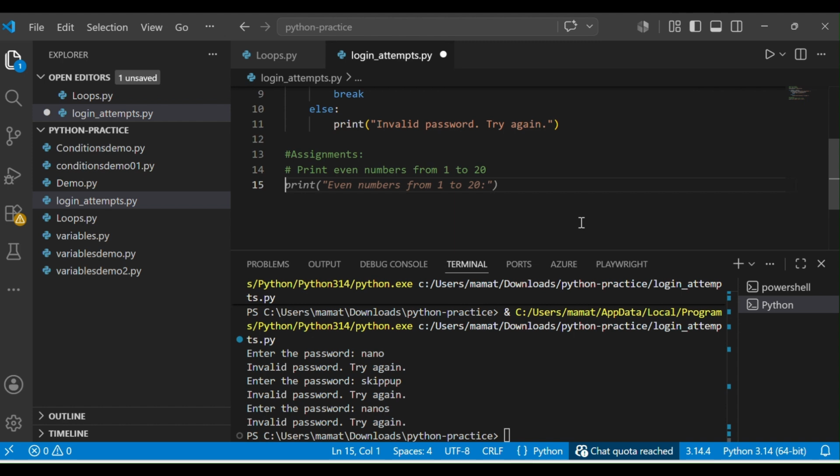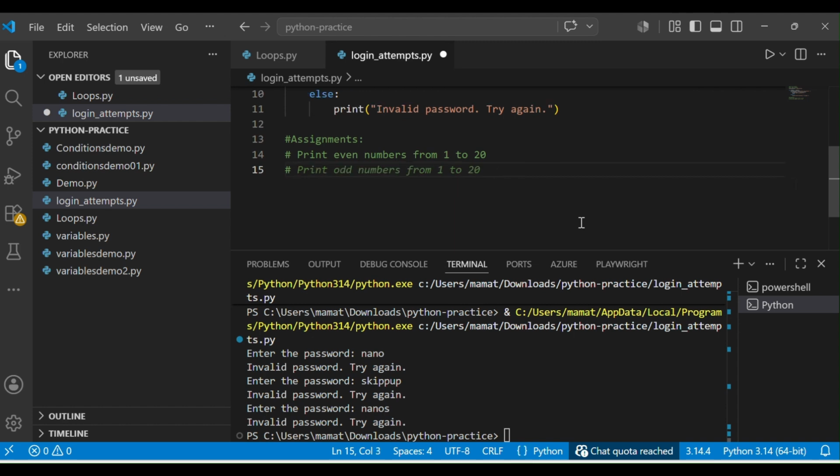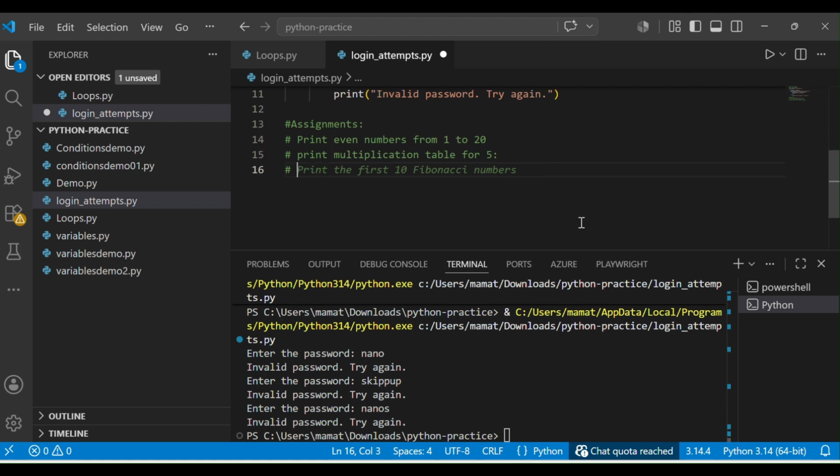Another one you can try is to print the multiplication table for 5. Here the outcome should be 5 into 1 is equal to 5.